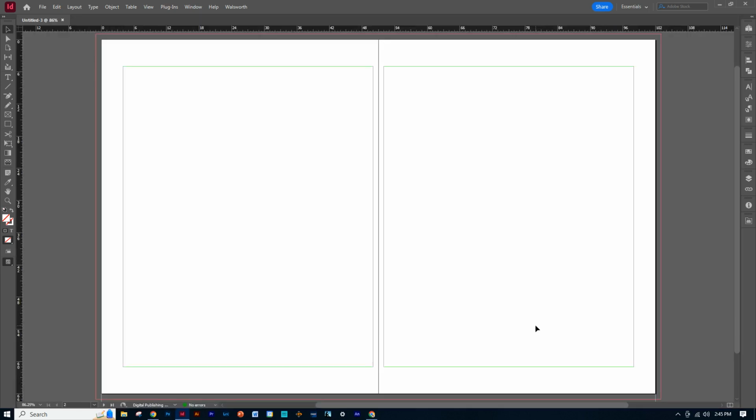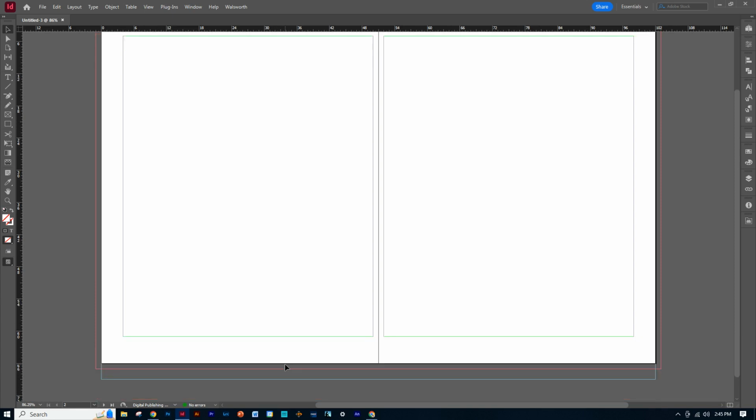So now you should have something that looks like this. This is your regular document or your regular edges. This is your bleed. So anytime you design a spread, you're going to stay within these guides here unless you're going to bleed it. And if you're going to bleed, there's nothing in this unless you go all the way to the edge. And then down here is your little